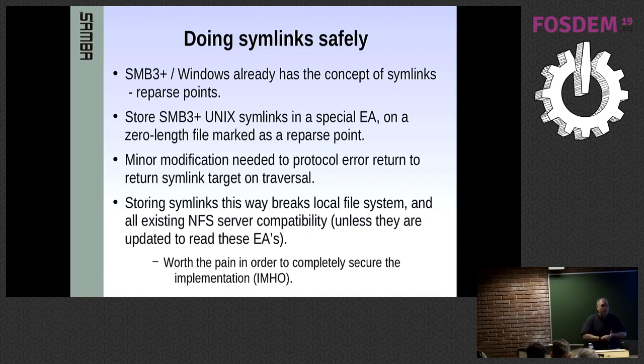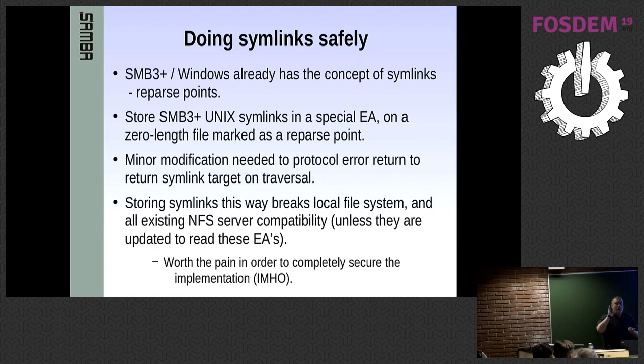Well, Windows already has a concept of reparse points. Unfortunately, as in many things with Windows, they are an over-designed mess. You can have reparse points on directories, on files, you can turn a file into a reparse point, you can turn it back. There's all sorts of weird stuff that you can do with it that I just don't want to deal with. So for SMB3 Unix symlinks, what I've decided to say is you can create a